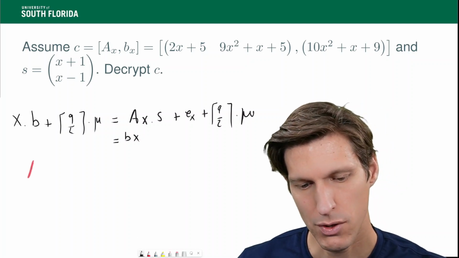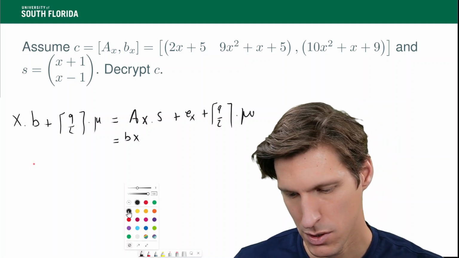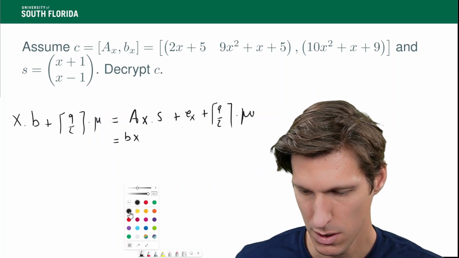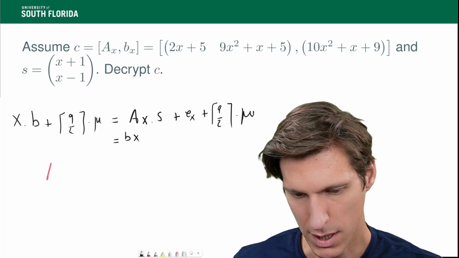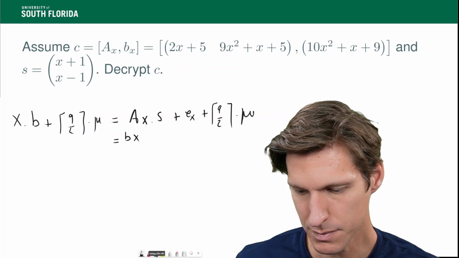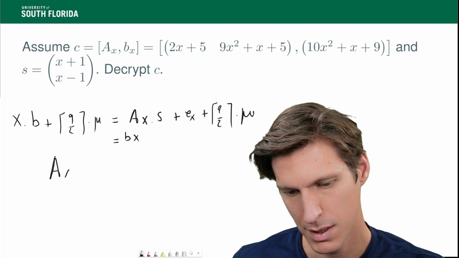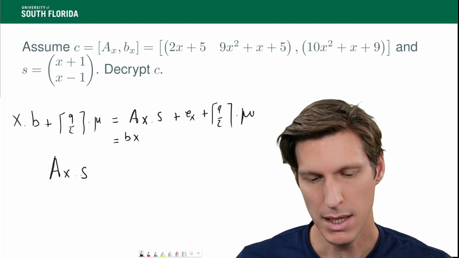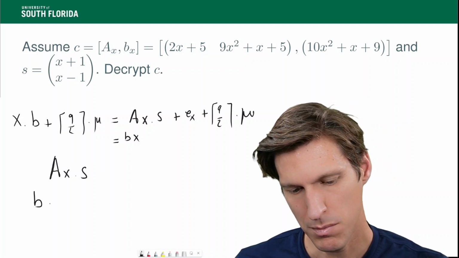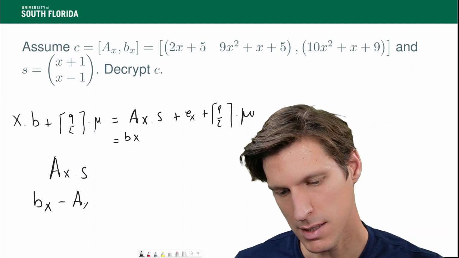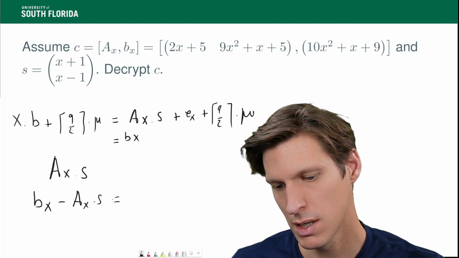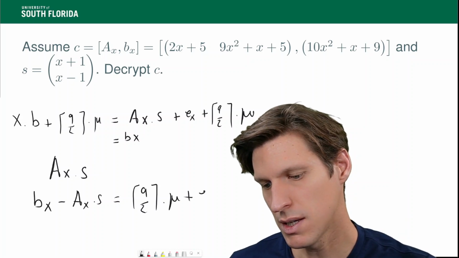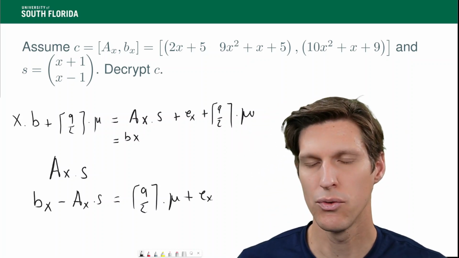So I first calculate AX times S, from AX and S. And then I perform the operation BX minus AX times S, which gives me Q over 2 times my message plus an error, which I'm not necessarily able to retrieve,